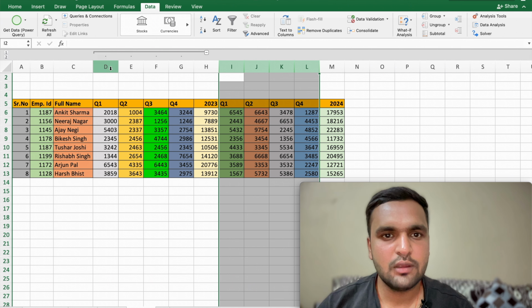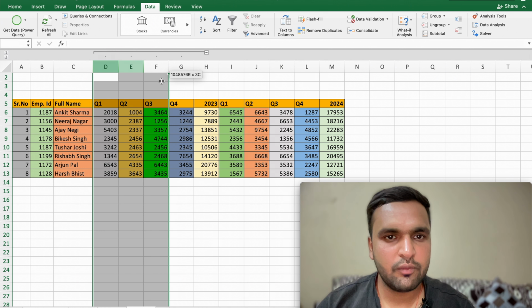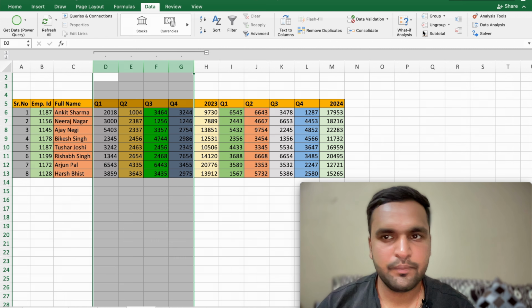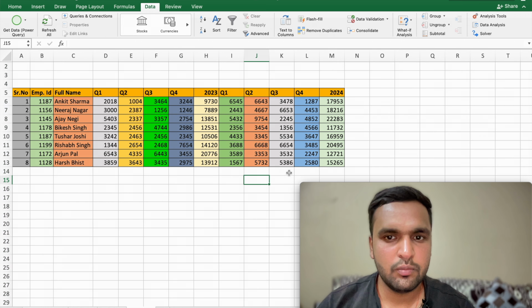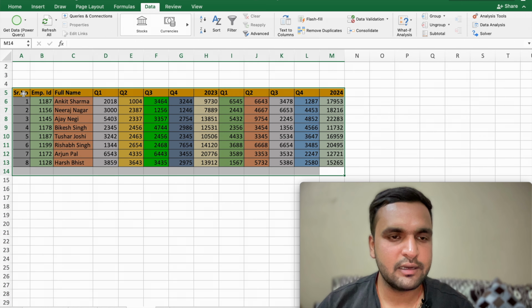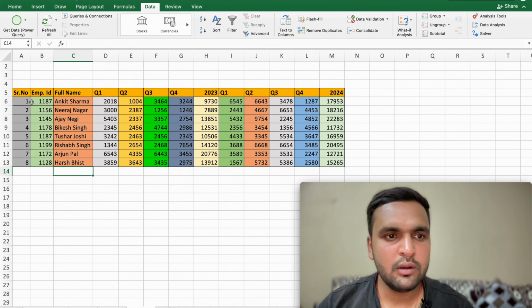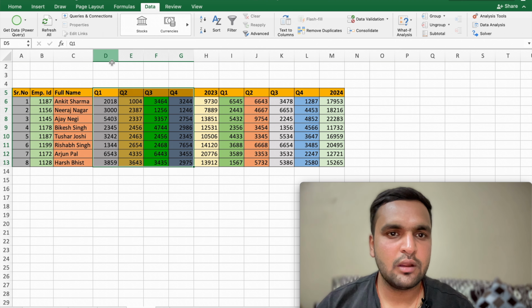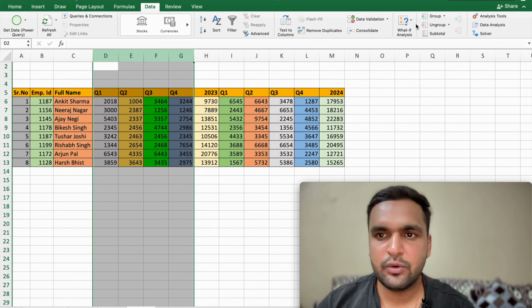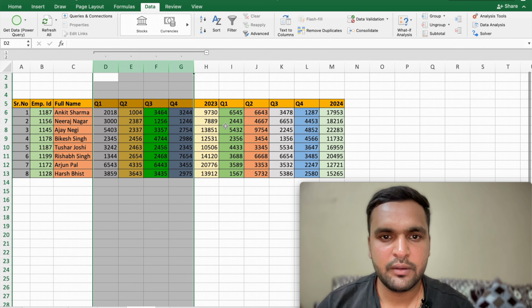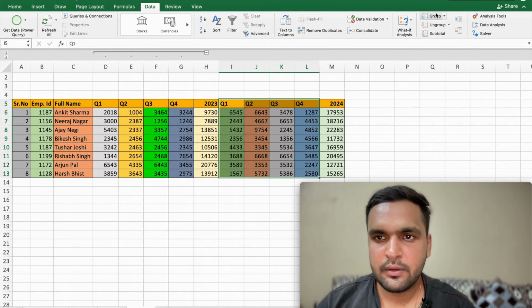Now it is ungrouped. And if I want to ungroup this also, what I'll do is I'll just click Ungroup. As you can see, now my Excel sheet is in the same order as it was previously. And if I do it again for you, just group here, group here,